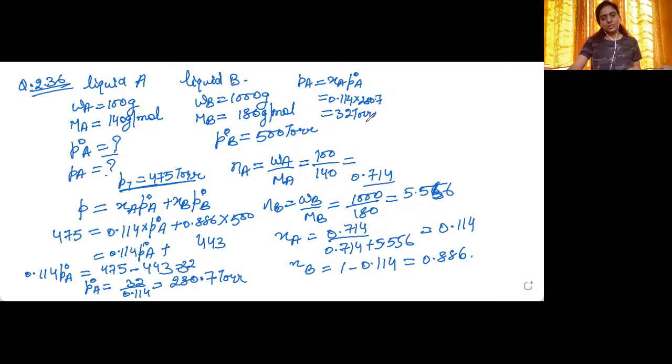Hope this is clear to you. Again, a very simple question. It seems that it is a bit difficult, or it looks complicated, but these things are very, very simple. First of all, you need to write down what you need to find out. Then you need to write down what you have been given. Write the final formula that you need to get the values of whatever you have been asked to calculate. Then just find out what has been given and what you have not been given, and from where you can get it, and put the values in the equation. Hope this is giving you a lot of conceptual clarity along with it.